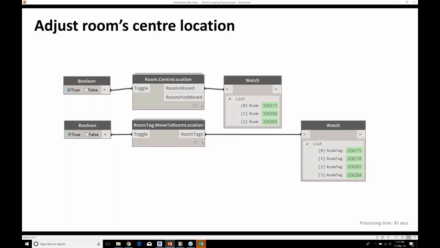If, for example, you have an L-shaped room and the centroid of that is actually outside the room itself, it's just going to keep the current position and notify you that it actually hasn't moved. And then we have the move tag, and if the element has been tagged, it's just going to move it now to the new location.